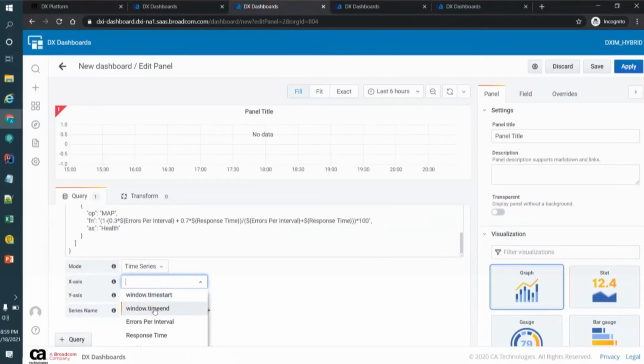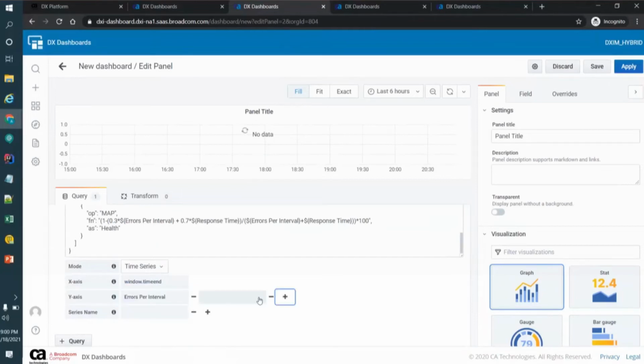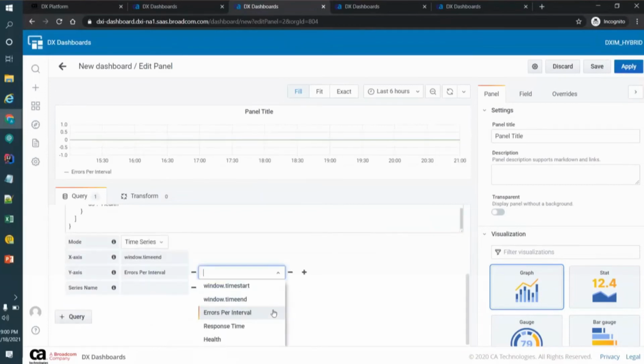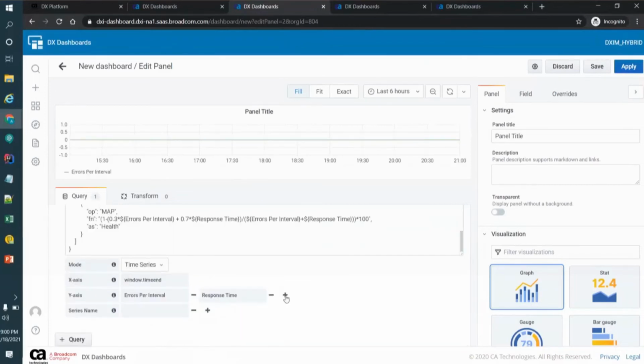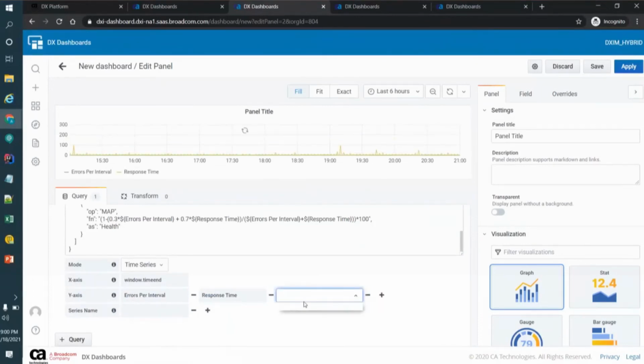I'll say my end time is my x-axis. I want to plot the time here. And my y-axis, I want to show errors per interval, response time, as well as health.